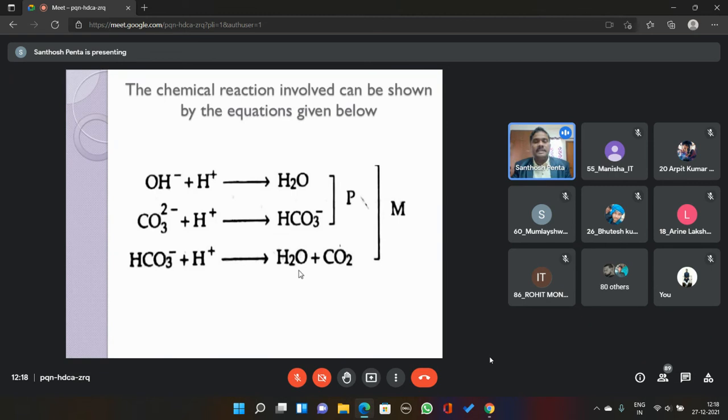So my conclusion is, with the help of phenolphthalein indicator, we can calculate the alkalinity of hydroxide ion as well as half of the carbonate ions. Why half? Because the complete carbonate ion is not neutralized. Carbonate with H plus gives rise to HCO3, so only half is neutralized. The other half requires a further mole of H plus to produce complete neutralization. Hence, with phenolphthalein indicator, we determine the hydroxide ion alkalinity and half of the carbonate ions.